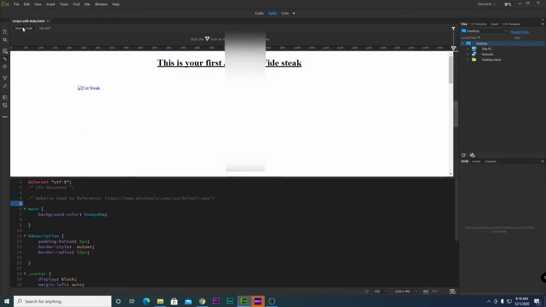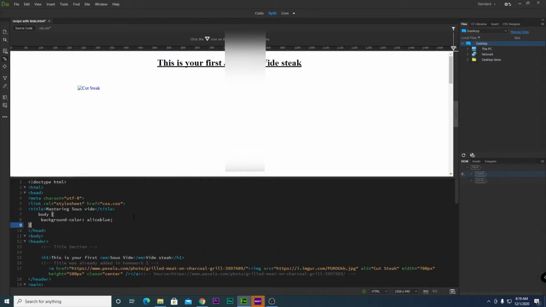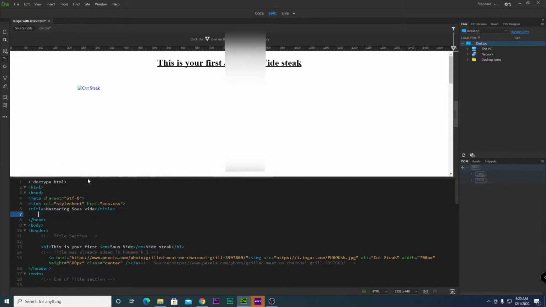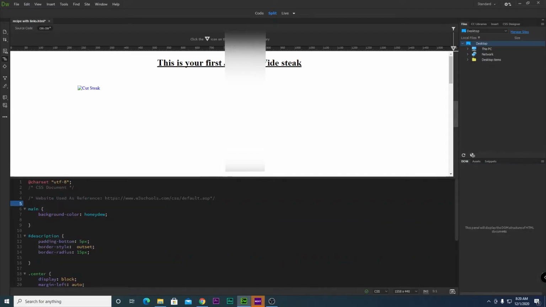So this is a structured way to apply styling. You can actually take this code, cut it, and put it up here in your head tag, and it should appear or not. I haven't gotten into those details, but the head tag is where you add the CSS styling,